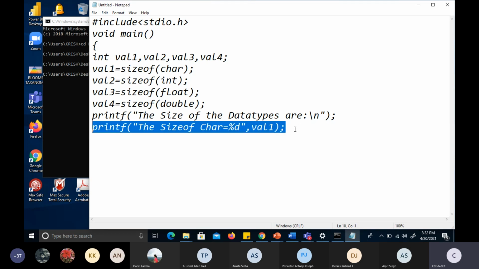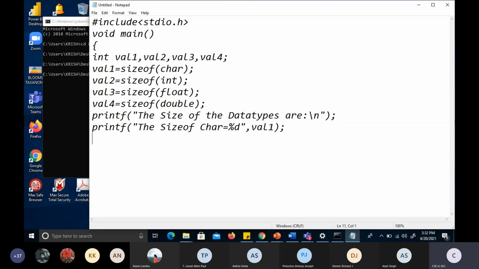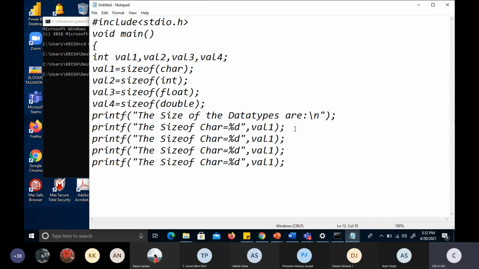Now I'm just copying and pasting all the 4 values. In the same way we'll have to modify that to val2, val3 and val4. That's all. And if I want everything to appear in the next lines, what I should do is press \n in every line so that my output will look in the next line. Otherwise it will appear in a single line continuously. It doesn't need \n in the last line.